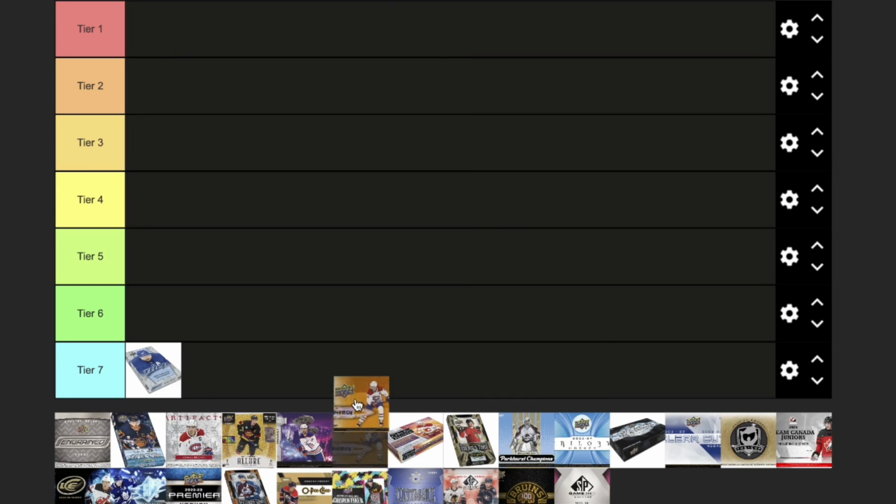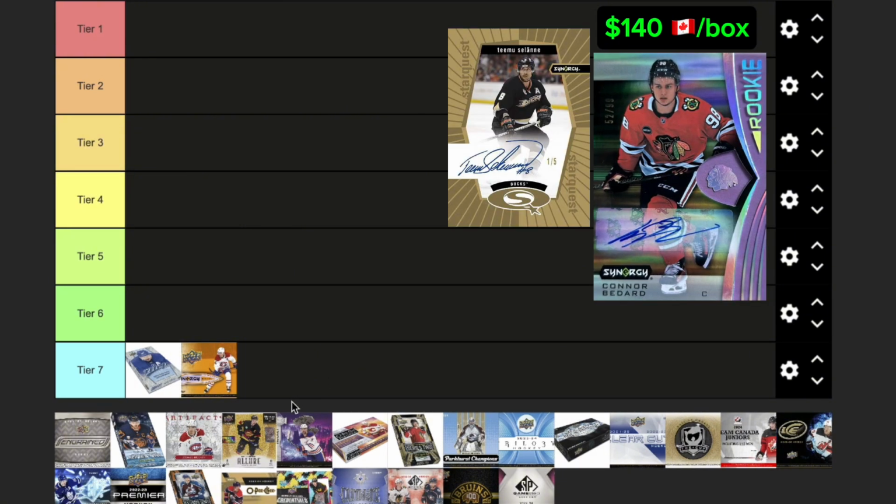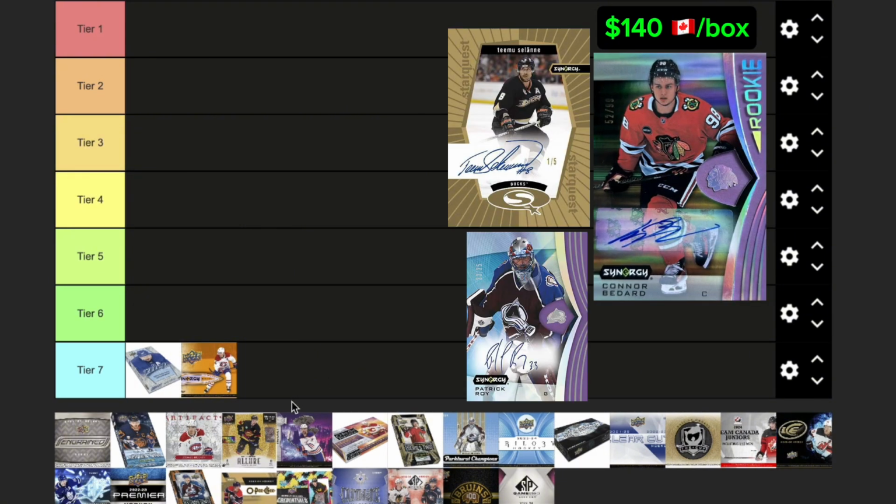Next up, we got a product that has found itself in tier 7 for the last 3 years in a row, being 23-24 Synergy. Well, it had a hot start at the beginning, being one of the only Bedard products out at the time. This product gets no love from the hobby, and it's created too big of a bad reputation to